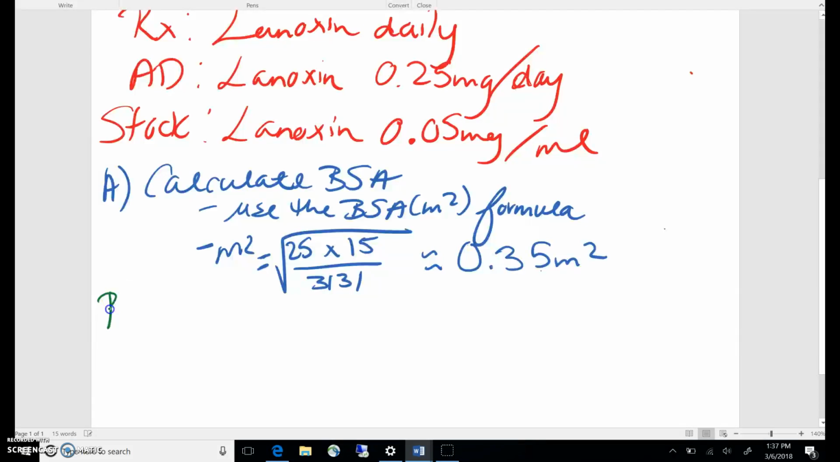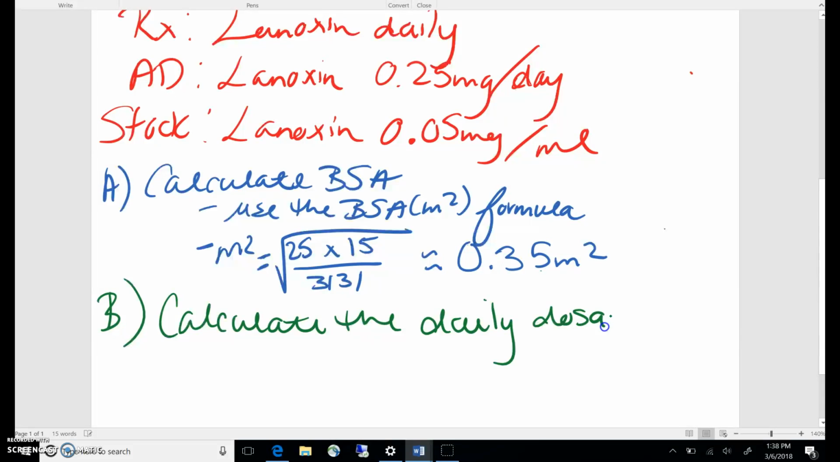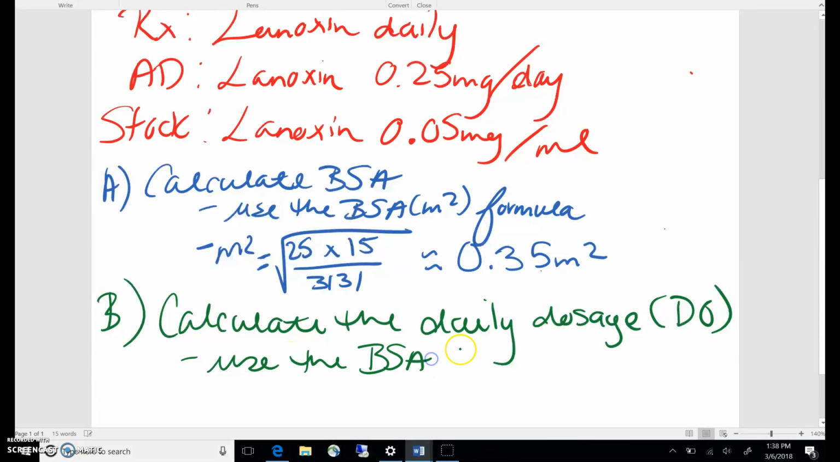So, question B says for us to determine what is the daily dose strength of Lanoxin for the child. So they want you to calculate the daily dosage. So basically they want you to calculate the dose ordered. So based off of what you've been taught, based off of the information that's given to you, you have the average adult dose, which means that you must use the body surface area dosing formula